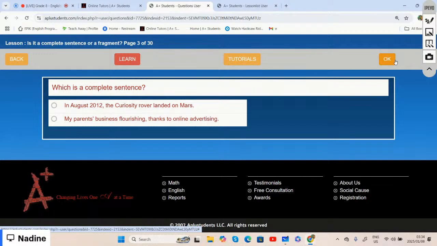We need to say which one is a complete sentence, has a subject and has a verb. So we need to say which one is a complete sentence. It has a subject and